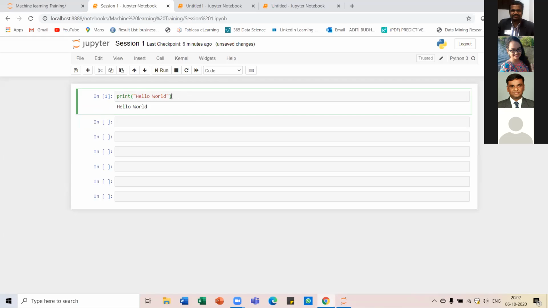While learning any new programming language, it is a convention that they start by printing "Hello World" first. So let us follow this tradition also. Write this, and either use the Run tab over here or the shortcut Alt Enter. Of course, you can also modify these shortcuts as per your convenience. We will see how to do that, but let us first finish this.